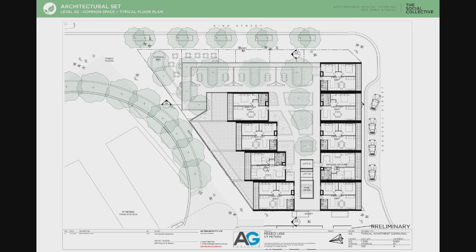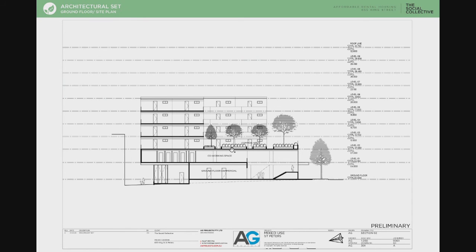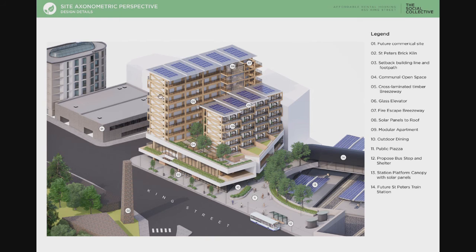The configuration of the apartment design allows for great solar access into the central courtyard area where the communal space is. These apartments allow for great cross-ventilation as well as very simple access to stack and unstack. The breezeways allow us to comply to FSR rules in the area as well as limit the amount of furnished